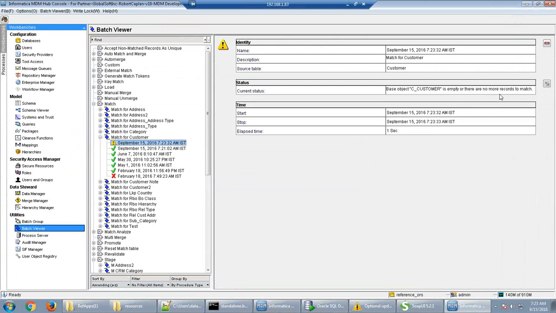This is because when you run the match process, it needs records with consolidation indicator 4. I don't have any record with consolidation indicator 4 because all the records have already participated in the match process. That's why it gives you this message.